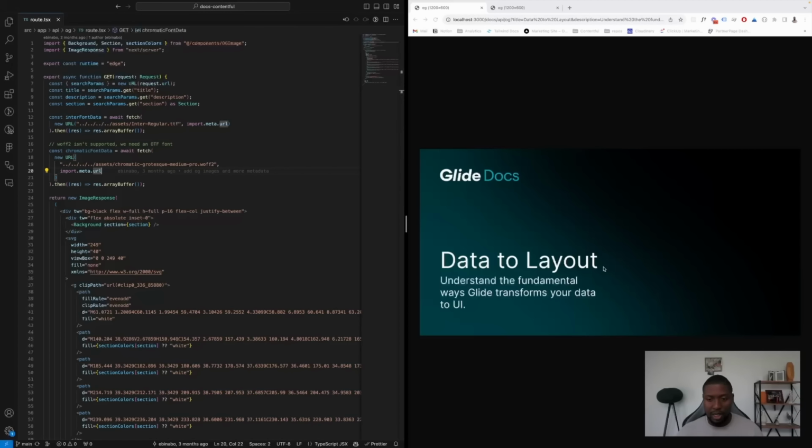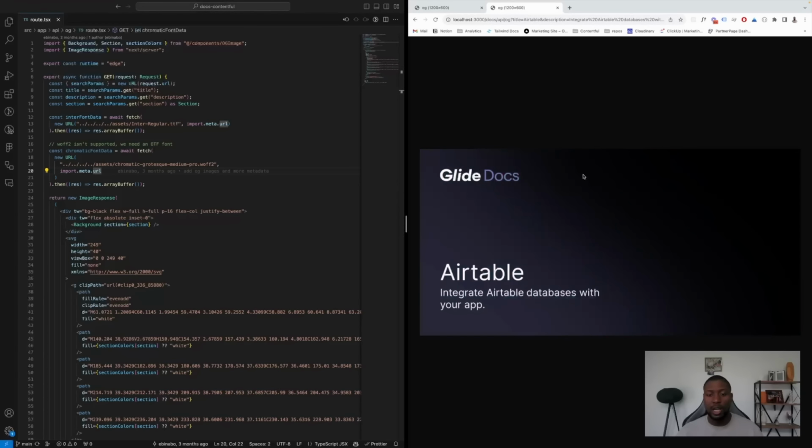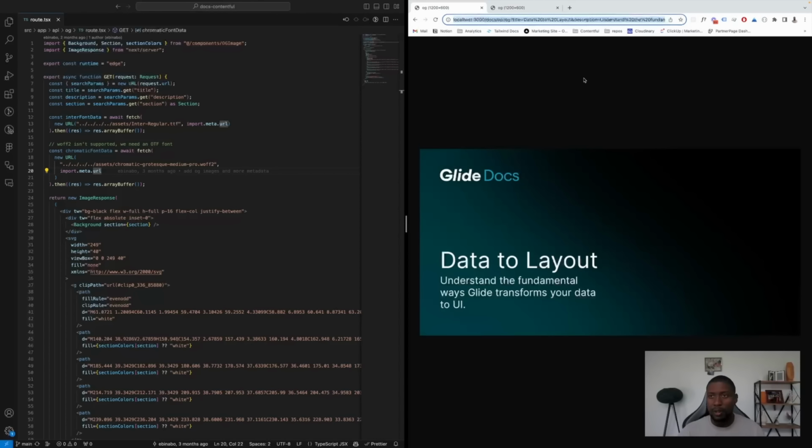So the title is the first part here, the description shows up here, and we're using section to create different backgrounds, as we can see here. So I'm just going to open another one, and we're going to see this is in a different section, so it has a different background. If you look at the URL, this is in the Essentials section, and if I just switch to this tab, this is in the Getting Started section.